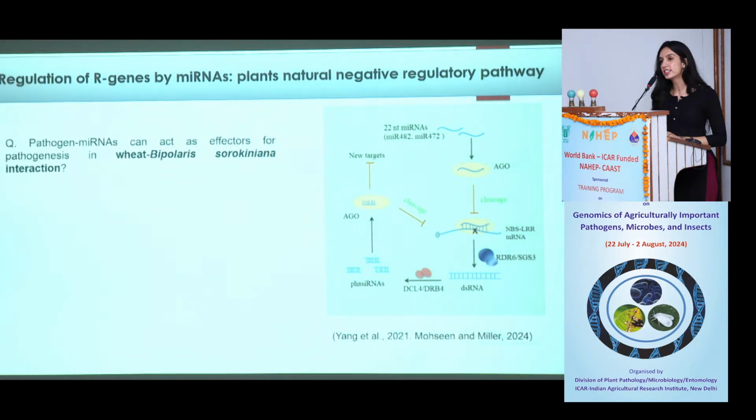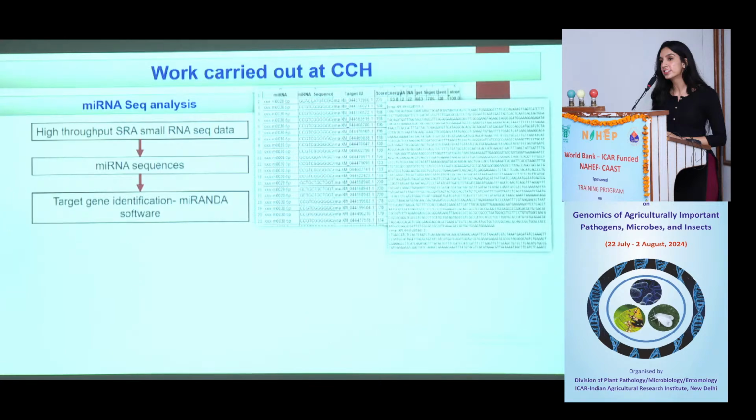So two questions arise here. Number one, can these pathogen miRNAs act as effectors for a very important pathogen-host interaction, wheat and Bipolaris sorokiniana, the spot blotch causing pathogen, which is my pathogen of interest. And the second, can the pathogen induce the expression of regulatory plant microRNAs during infection to suppress the defense related genes? With this, I already carried out a part of my research work here in India, wherein we